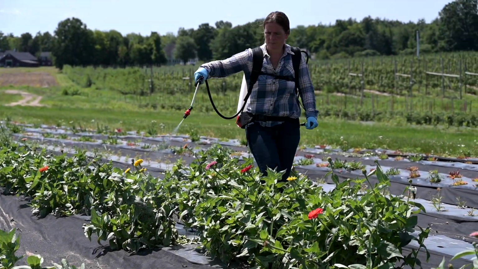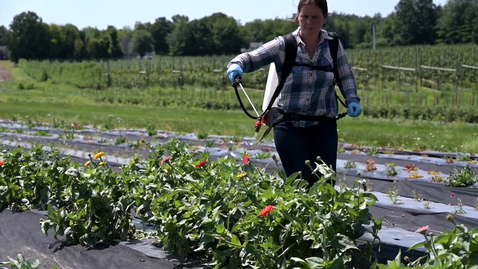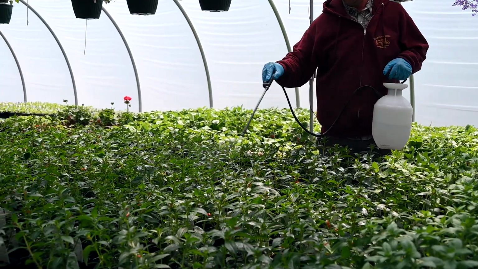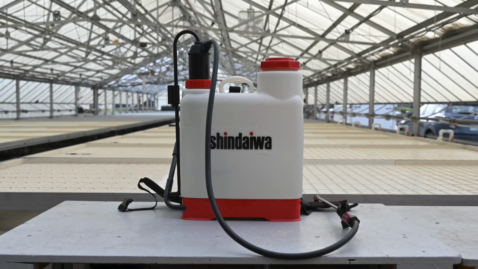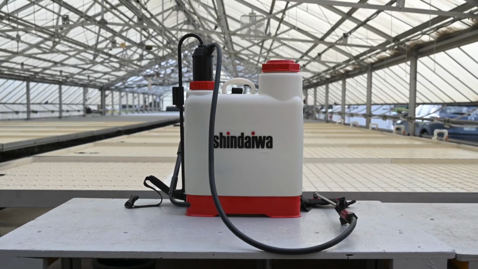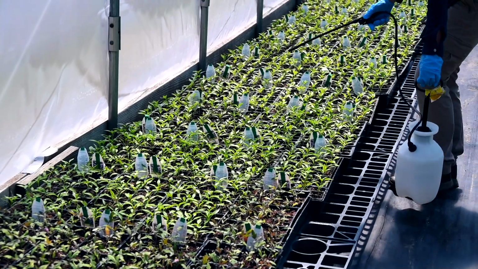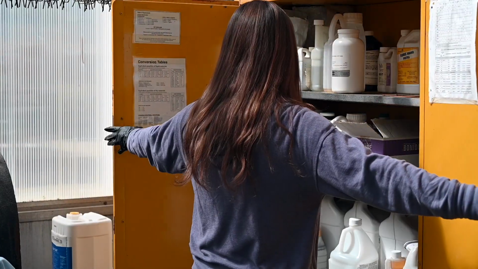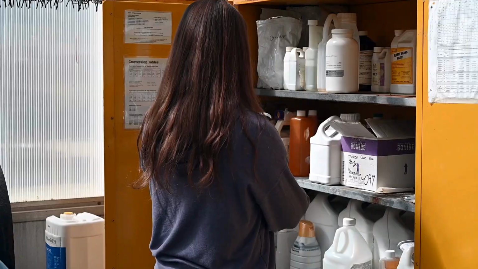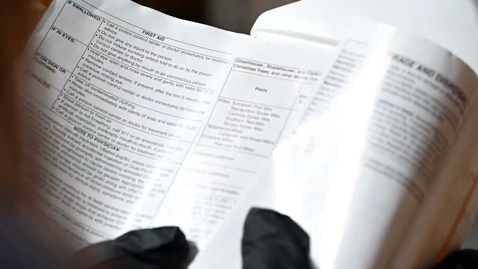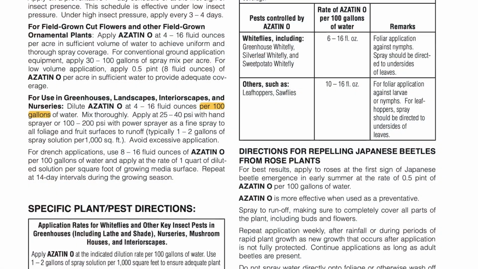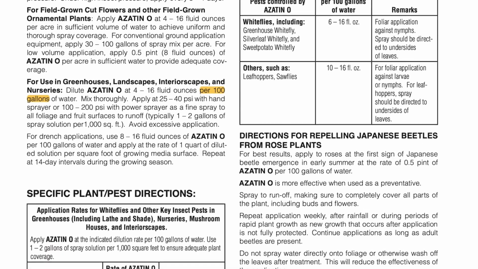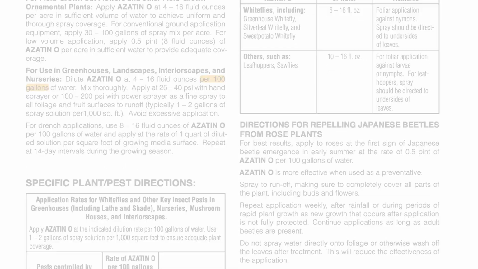When applying pesticides to small areas, a backpack sprayer or handheld sprayer is often the right tool for the job. These sprayers typically hold just 1 to 4 gallons of spray solution, making them convenient and maneuverable for targeted areas. When preparing to mix pesticide products, you may find that the label instructions on the particular product you are planning to use are based on larger application areas and larger volumes of spray solution than what your job requires.